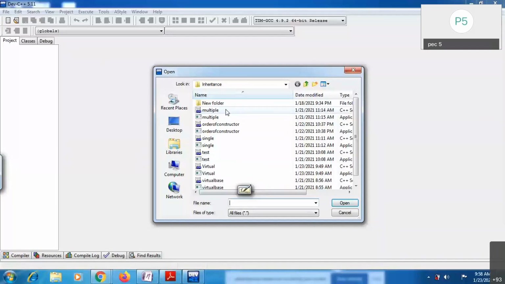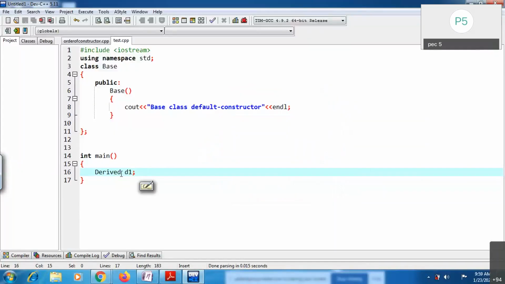Inside it I have one constructor. Whenever you are writing a constructor, the constructor name is the same as the class name, and you are not writing a return type. These are the rules you need to follow while writing your constructor.